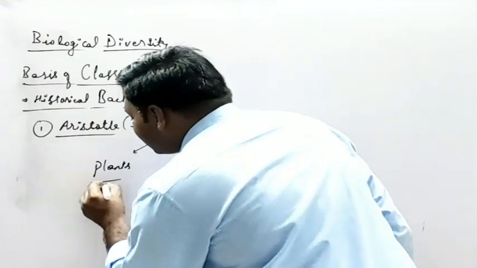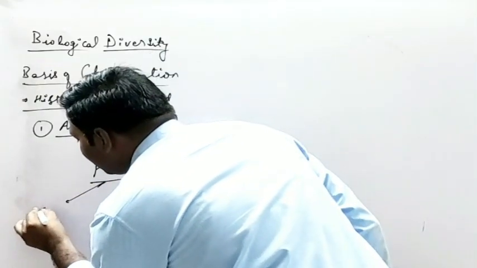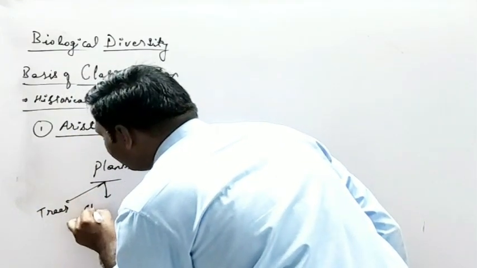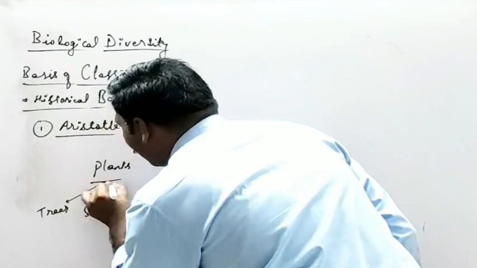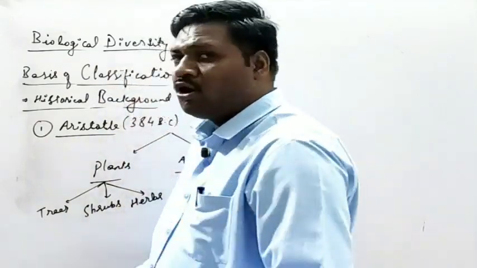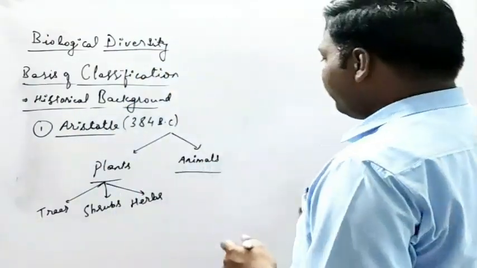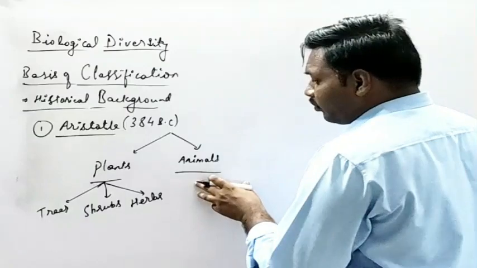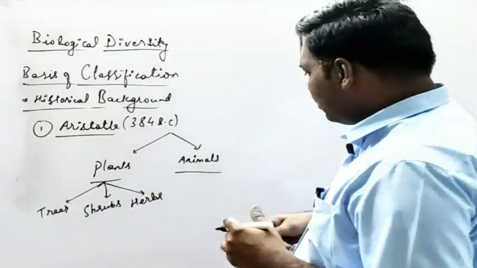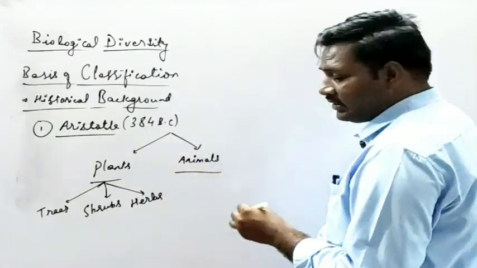Okay. Further, these plants were categorized into the trees, then shrubs and herbs, and it includes all unicellular and multicellular plants. Now, animals. He considered the animals on the basis of two main properties. That is,